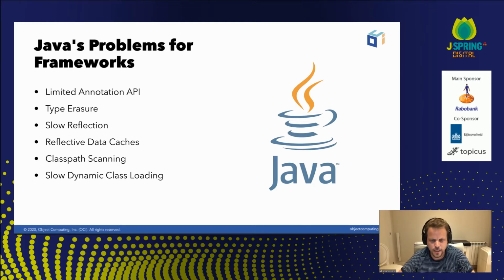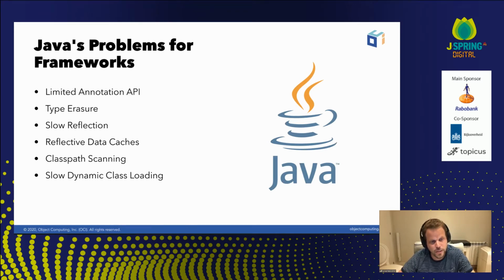And what I mean by that is, for example, there's an annotation API in Java, but it doesn't let you find out, does this class implement an interface that has this annotation, or is this annotation annotated with another annotation? So the whole merging of meta annotations and inheriting annotations from interfaces or superclasses is completely left down to framework developers to implement, which makes it extremely challenging to do that in a performant manner. And it's remarkable what the Spring team has actually achieved to make that performant.